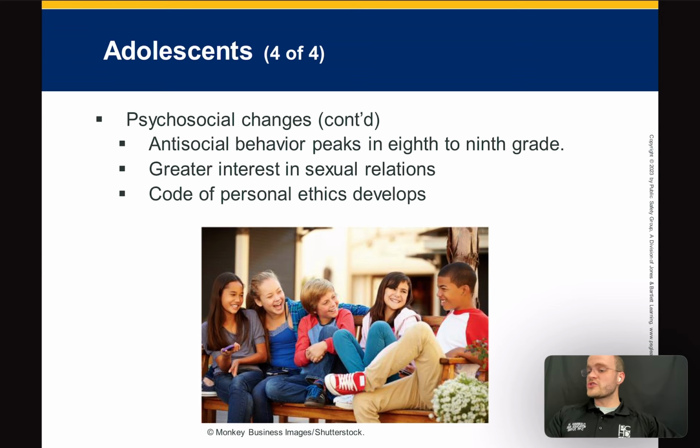But anyways, there's greater interest in sexual relationships in adolescence. This is something that you have to be mindful of. I've personally seen an 11-year-old get pregnant when I was working in a pediatric hospital. So you have to be aware that it can happen and that very young children can get pregnant, and you could technically get pregnant before your first period if the timing was right. Just be aware of that. Okay, very long discussion. Where I'm getting at is